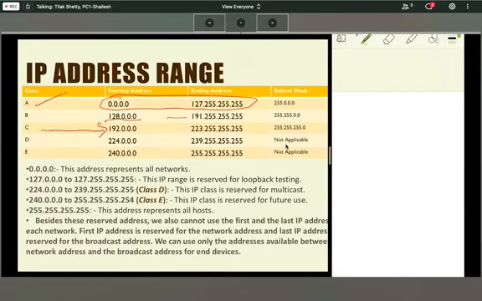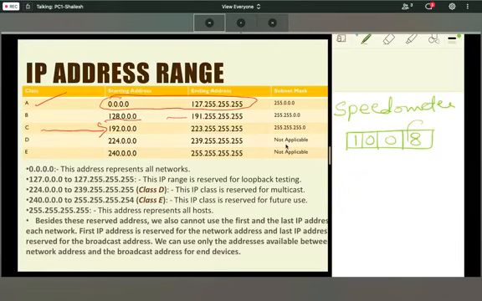If you see the speedometer, there are some values in that, and each digit will be from 0 to 9.